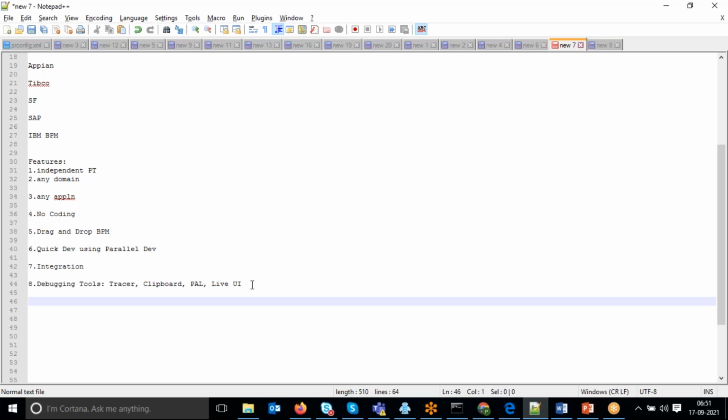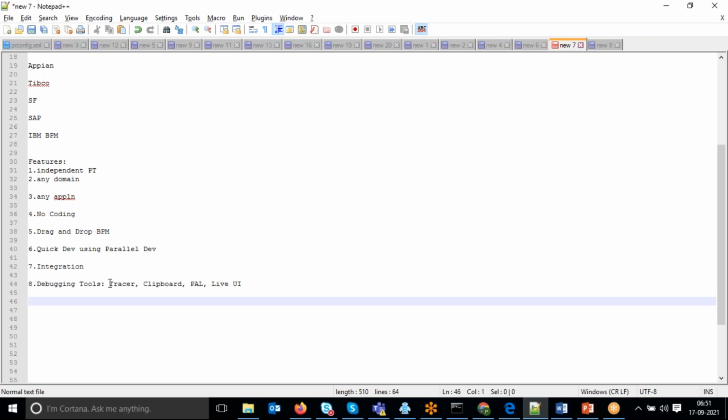For that, they provided these inside the Pega tool, so there is no need to install anything separately or externally. If you install the Pega tool on your system, everything is available inside it. Debugging is nothing but, when you face any issue, tracing it out step by step to find where exactly it comes from.